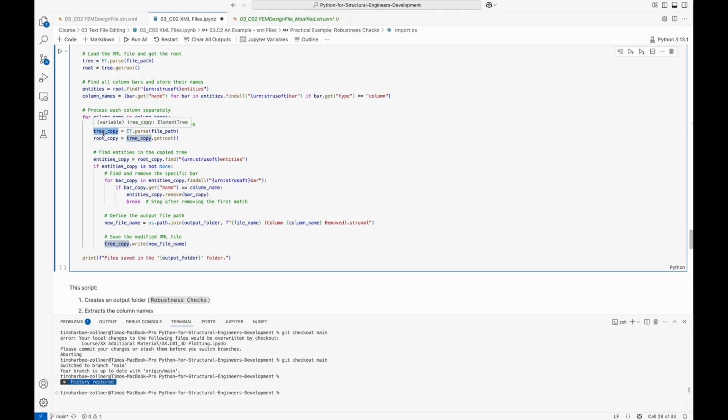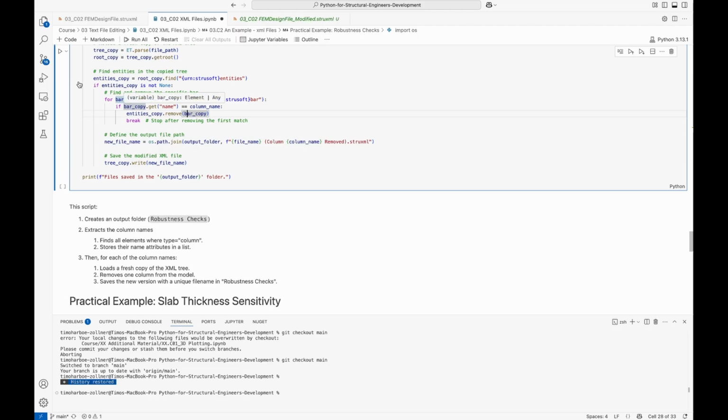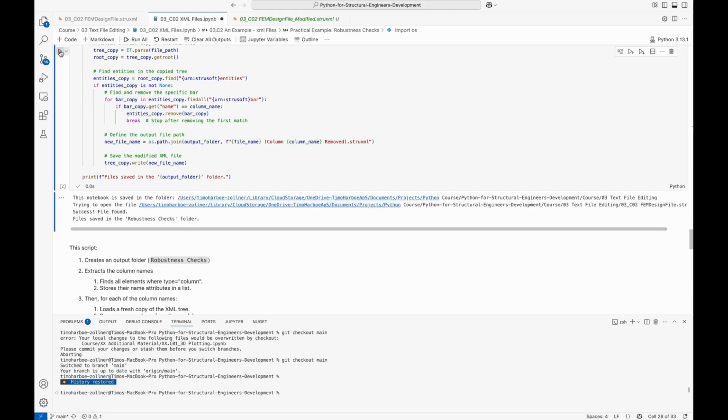So we create a tree copy, a root copy, and we find all our entities. Then we go into our entities and we find all bars. And then we say that if our bar has the column name, then we remove it. And when we have removed it, there is no need to be inside this loop anymore. So we can break this loop here, which means we get back out here and we can save the file. So let's try and run this script here. So we click here,